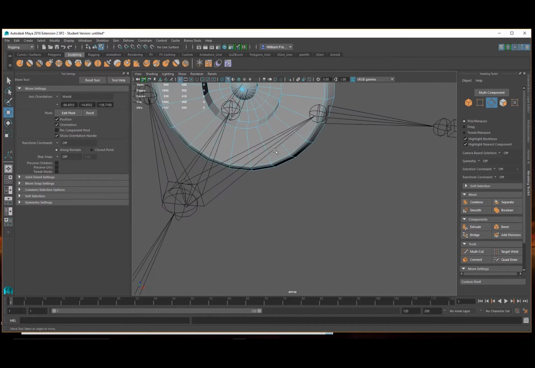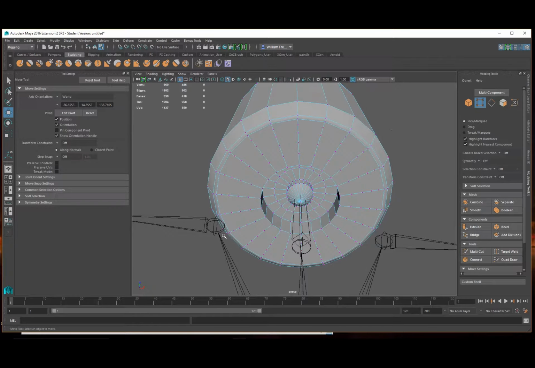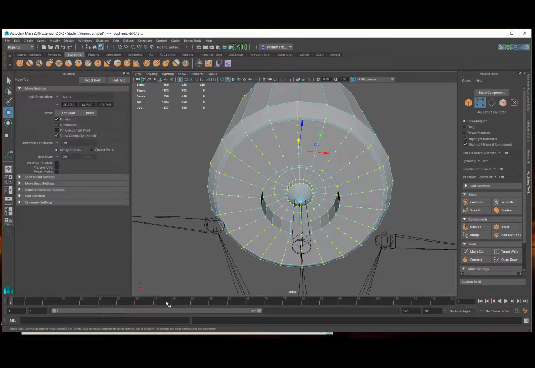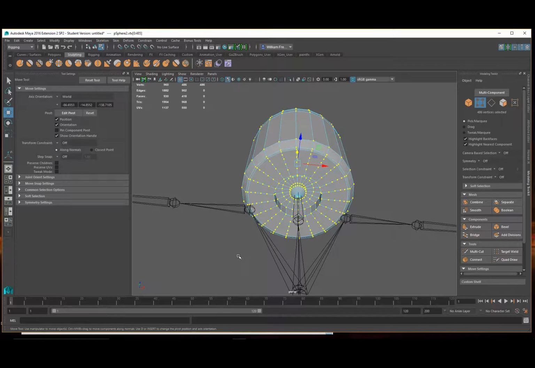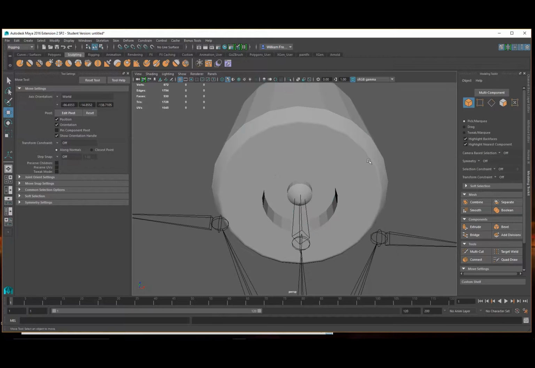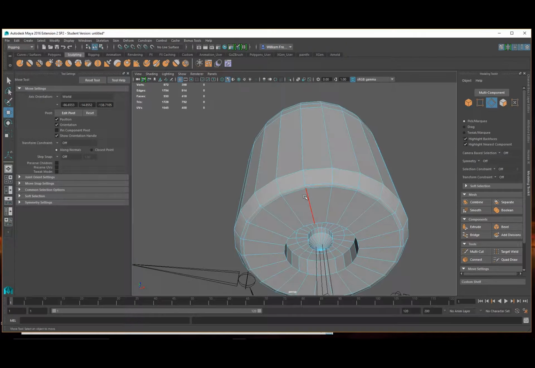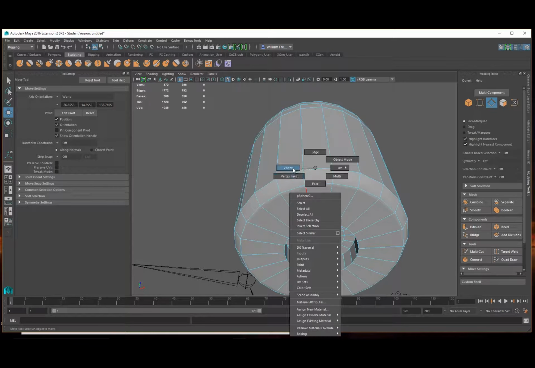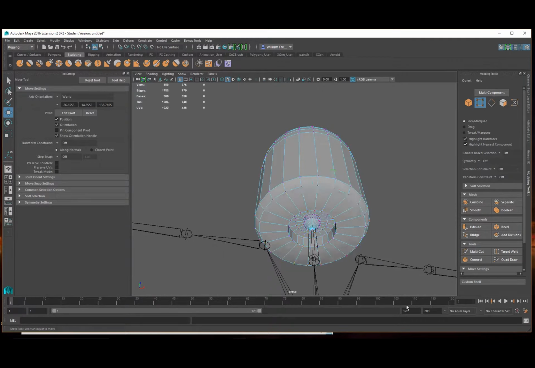Now if we delete those, it looks like there's nothing there, but there's actually some vertices. You still see all the vertices when we delete those edges. I can just drag select across the entire object. Anything that won't have a vertex or a line, an edge loop associated with it, if I hit delete, it will delete those points. Everything else that has a face or an edge loop associated with it, a vertex, will stay. So that's how we can go and edit this thing on the fly. Let me select, so actually we've got one there that we're going to get rid of. I can select all of them, delete,